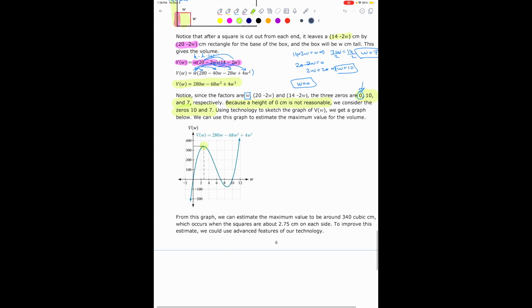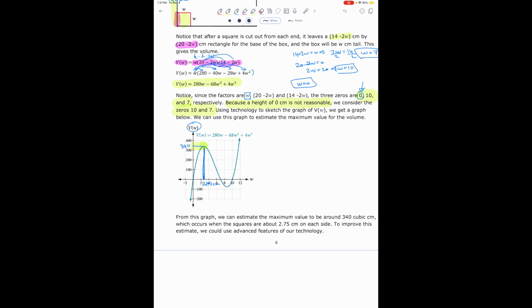From the graph, this can be estimated to be around 340 cubic centimeters, this one right here. So this is approximately 340 cubic centimeters, which is the volume, and it occurs when w is approximately 2.75 centimeters. So that is the height of the box, or the side length of the square that needs to be cut in order to maximize the volume